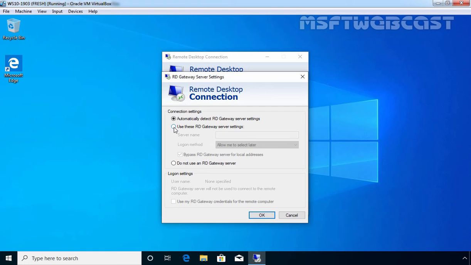Here I'm going to select this radio button. Use these RD Gateway server settings. Under server name, you have to specify the name of your RD Gateway server. Remember, it is not compulsory that you have to specify FQDN. You can also use the IP address of your RD Gateway server role. In our case, server name is